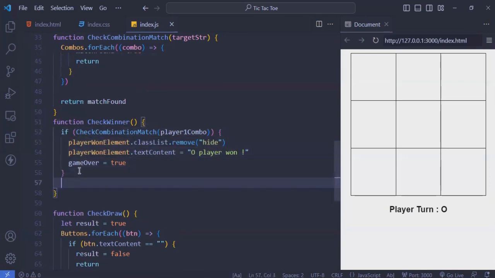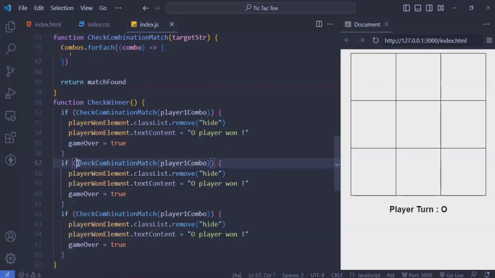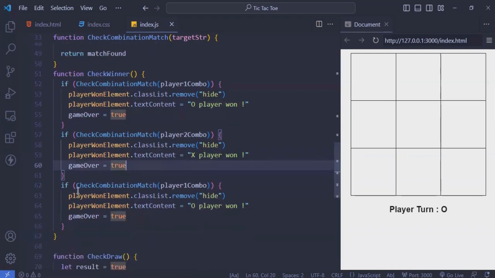And now we're going to just copy this 3 times. For the second one, we just need to change it to player 2 combo, and then we'll add X player 1 if it is true. And for the third one, check draw, we're going to call the check draw function, and for that we'll remove the class. But for this one, we'll add the text to it's a tie, and we'll set the game over to true. Now let's check,